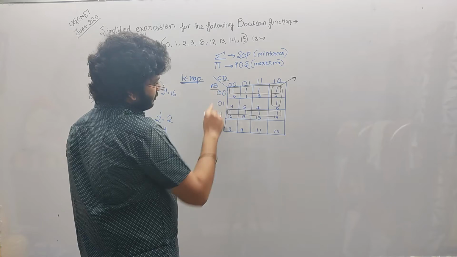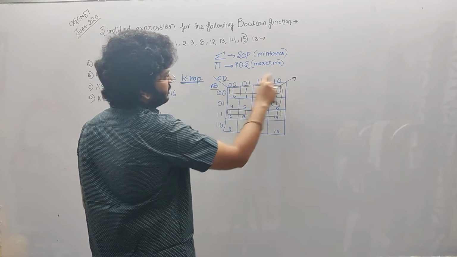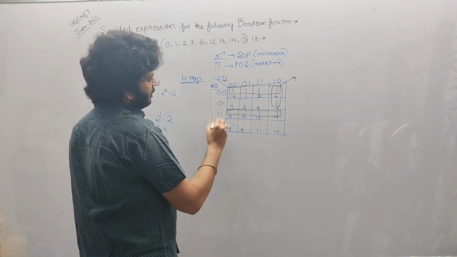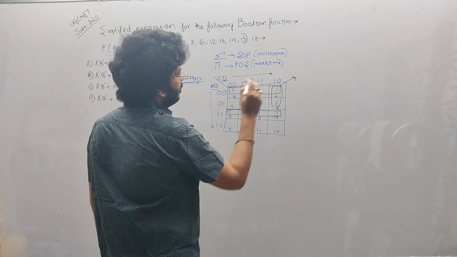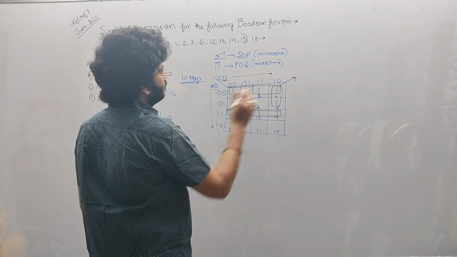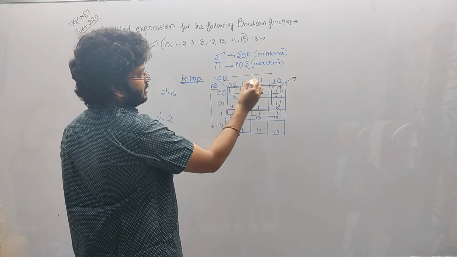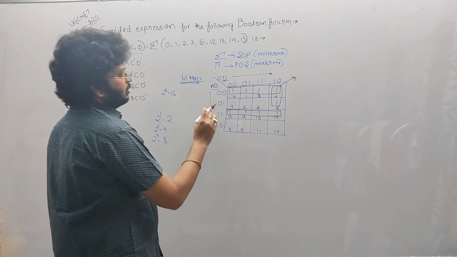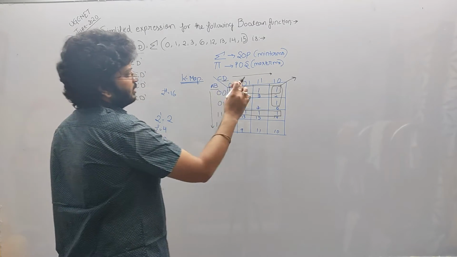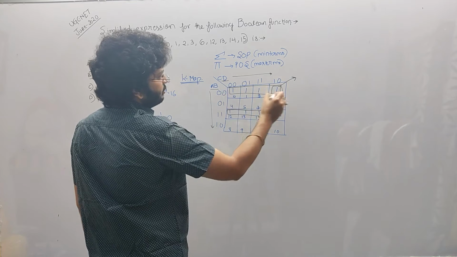So this part is for the left side, and this CD is for this one. This AB is for all these terms, and CD is for all these terms, meaning 0 0, 0 1, 1 1 and 1 0, representing CD like this, and this one is for AB. Okay. So here in this row, this is the box.